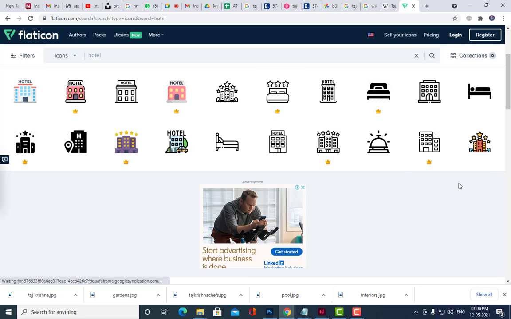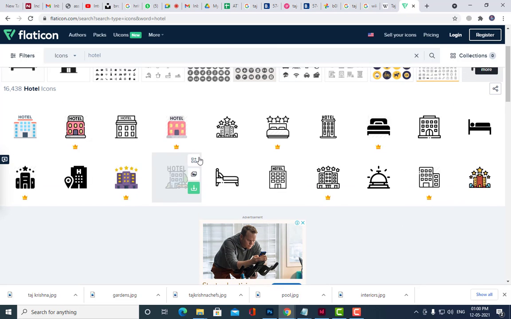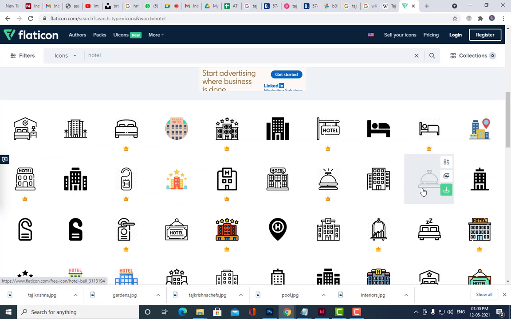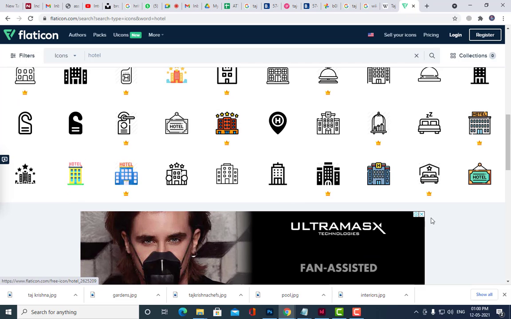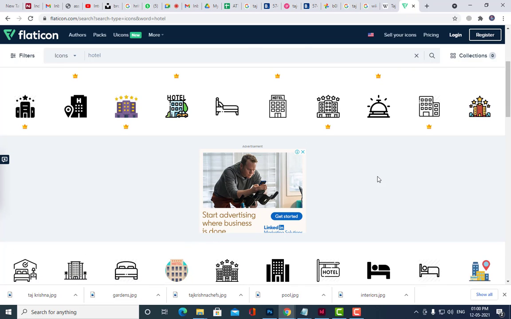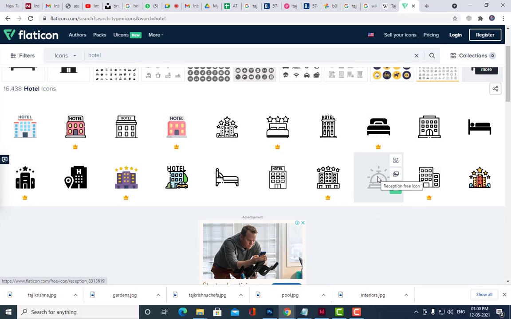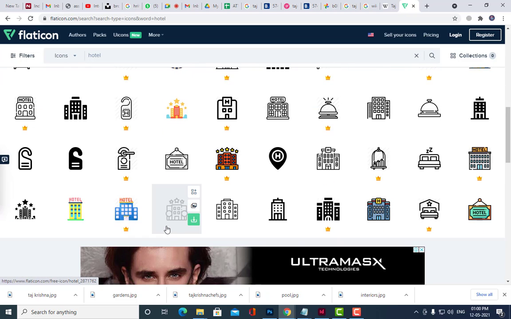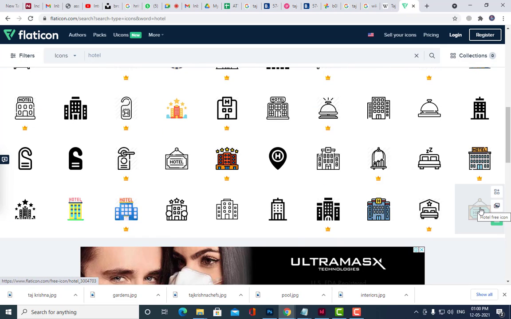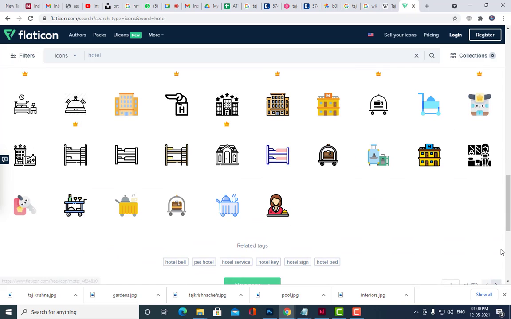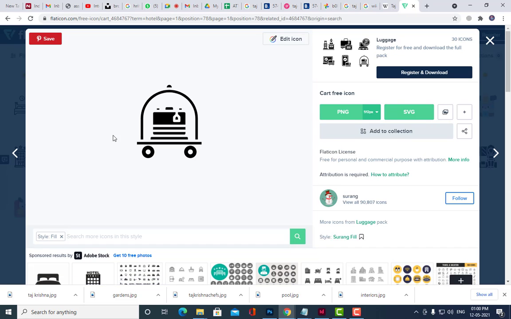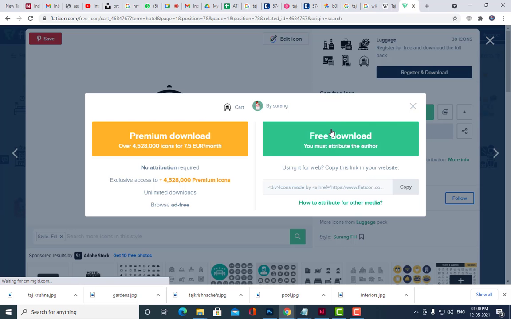So this is a hotel. You can get some icons related to the hotel. Are you all getting my point? Yes, sir. We'll download this one, okay? See, always download it as an SVG file.